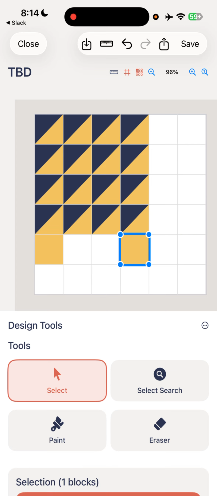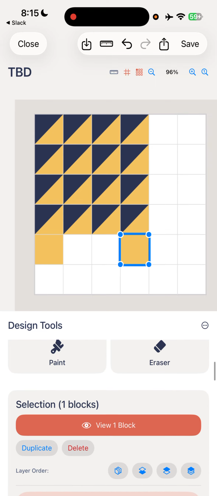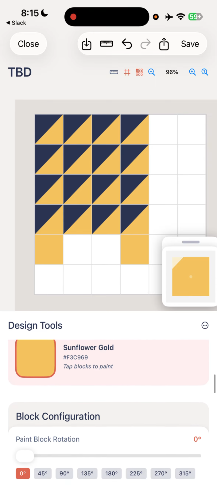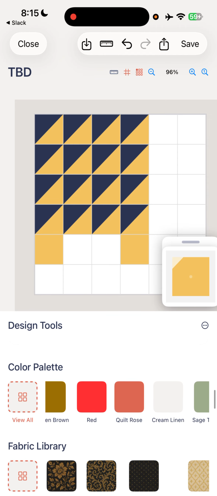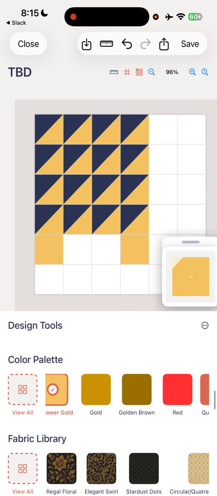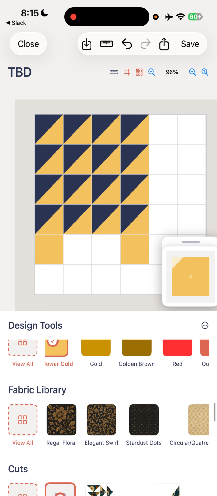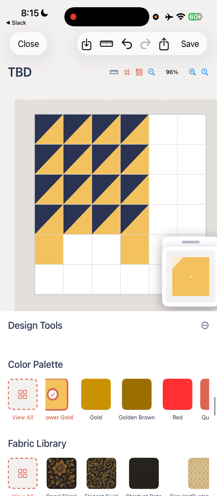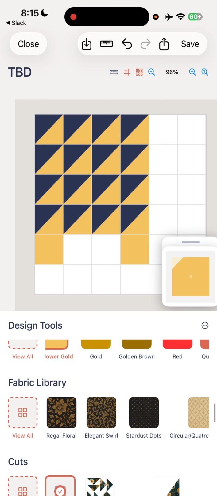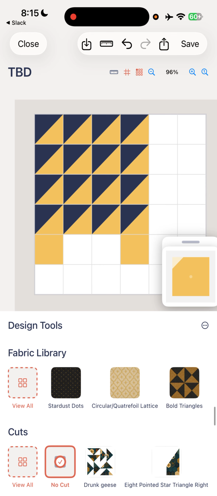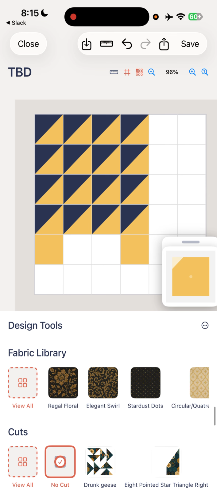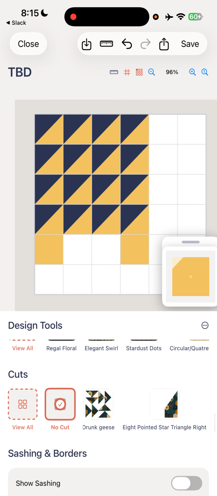The reason it does it that way is because you can layer your designs. It'll become more clear when we paint with a cut. So to get your first cut design, you can select something from either the color palette or your imported fabric library. These are photos that I've imported. And then you can come to your cuts,